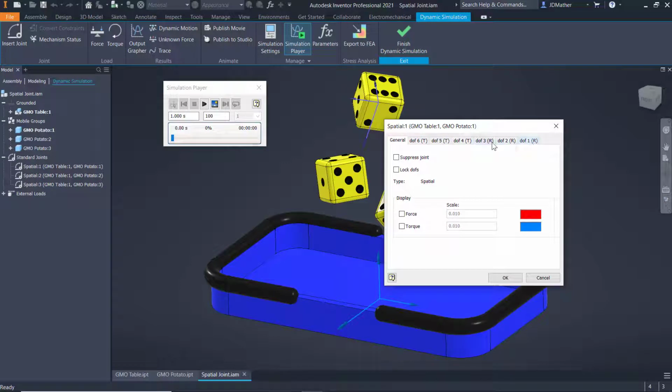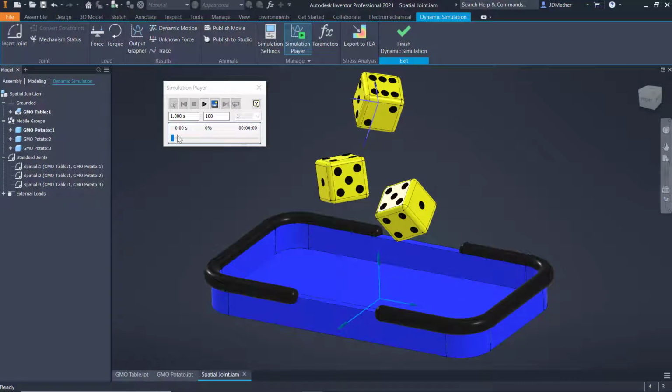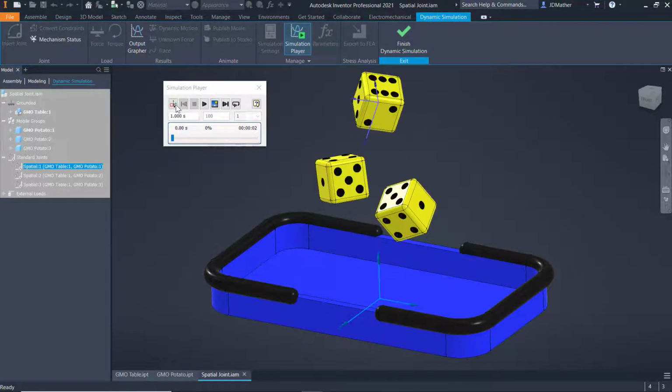There are 3 revolution degrees of freedom and 3 translational degrees of freedom. So it can translate along X, Y, or Z, and it can rotate along X, Y, or Z. So that's the spatial joint. Now I'll go ahead and play this, and we see that they fall right through the table because we haven't